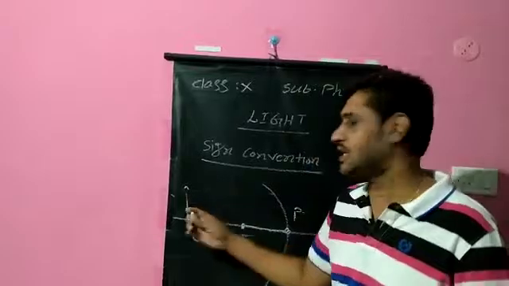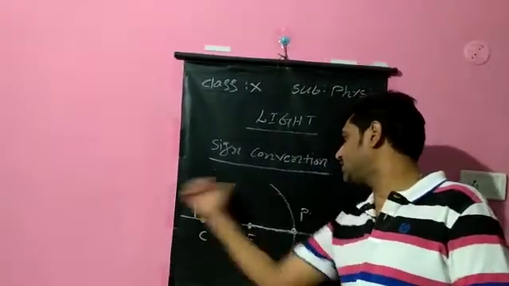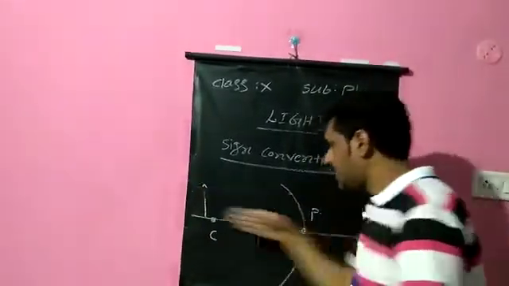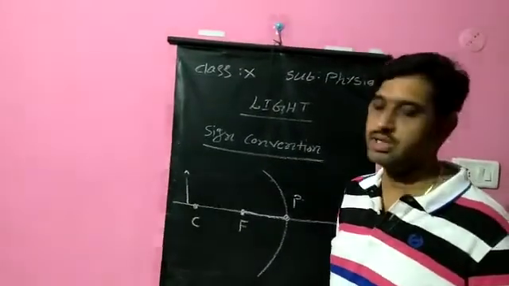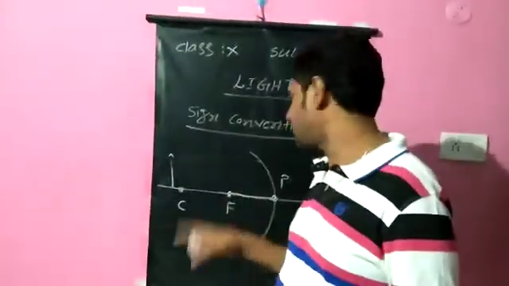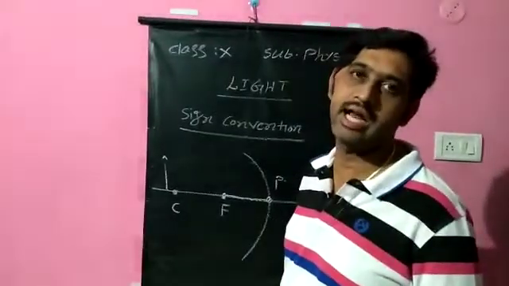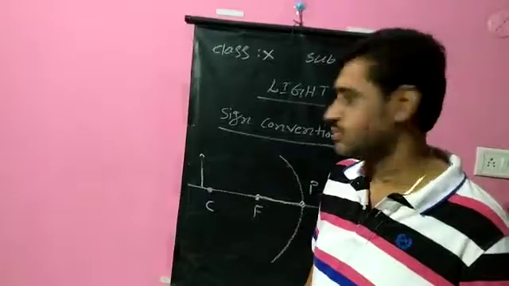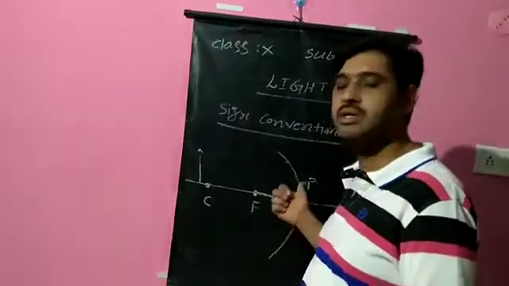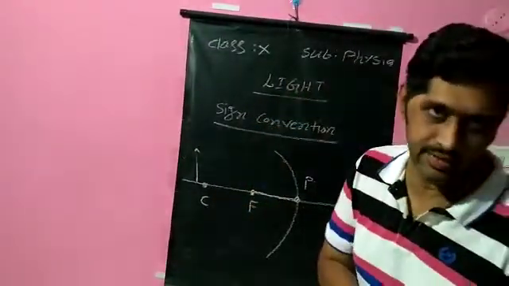The object is here, light will be traveling in this direction. But if you are measuring it in this one, that will be opposite to the direction of the incident light. That should not happen. You need to measure it in the direction of the incident light, not against it, and based on that, positive or negative depends. All the distances should be measured from the pole. That is the second sign convention.